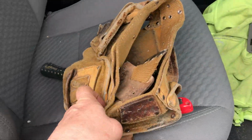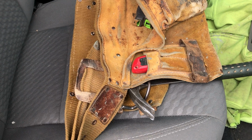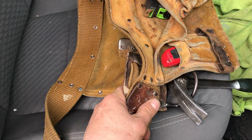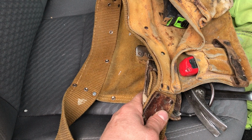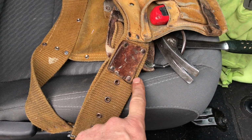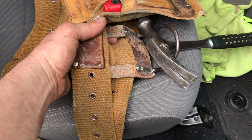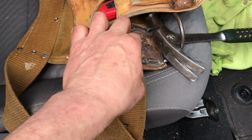Then there's the pouch that I put around my waist. Now, I don't like wearing it all the time, but there's times you really need it when you're working off a ladder and stuff like that. So this is one from the early 80s, maybe even 78. All leather. The original belt or hammer holder, I didn't like it. Took that off, strung in one of these. Real solid. Showing a lot of wear, but still,